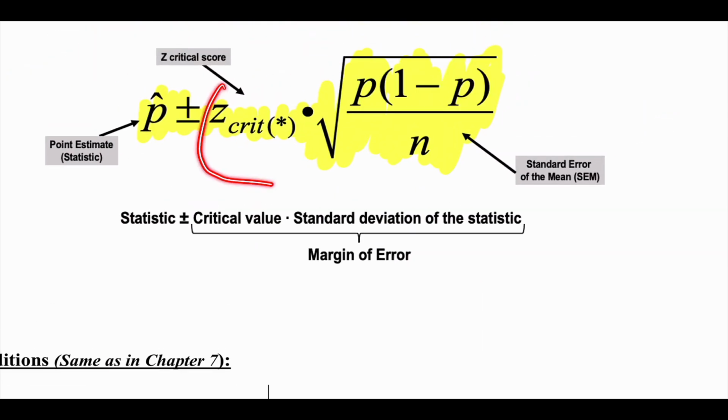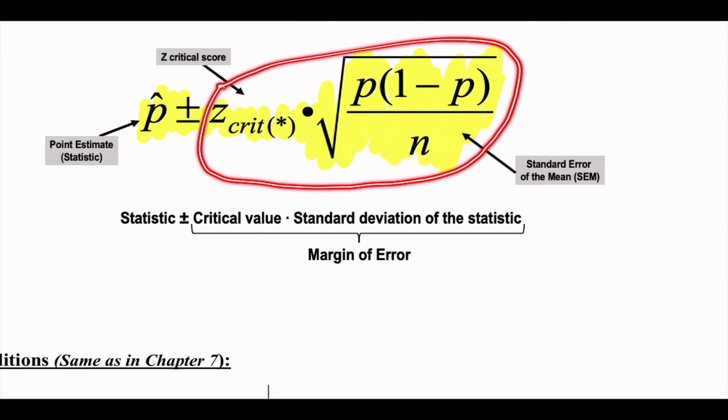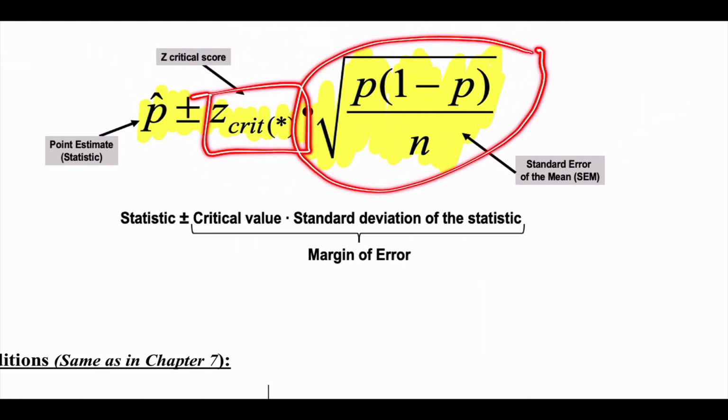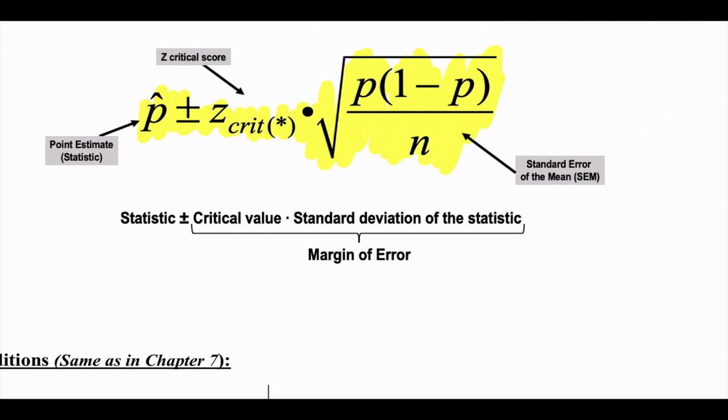Everything after the plus or minus is what we call the margin of error. This is all the margin of error. The margin of error consists of the Z critical times the standard error or the standard deviation, right? Like we talked about. Those are the parts of it. Okay? This part right here